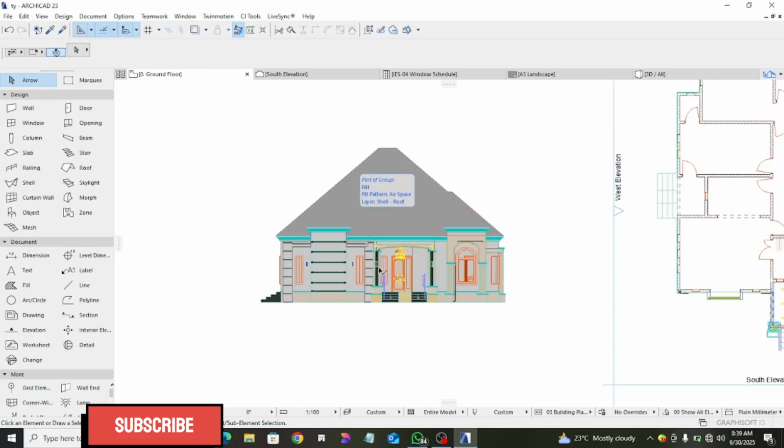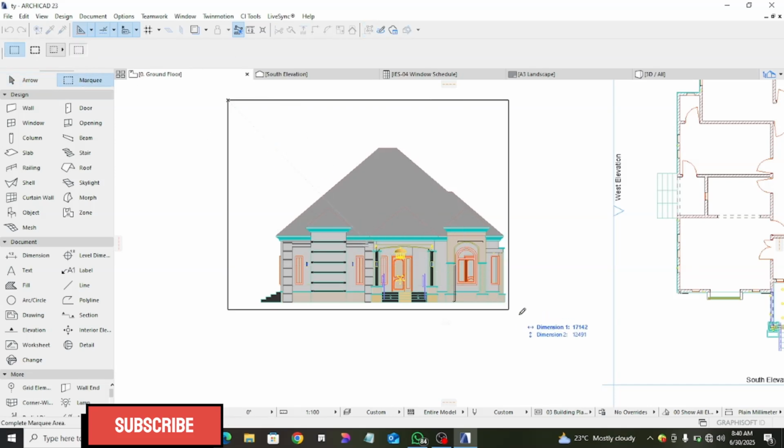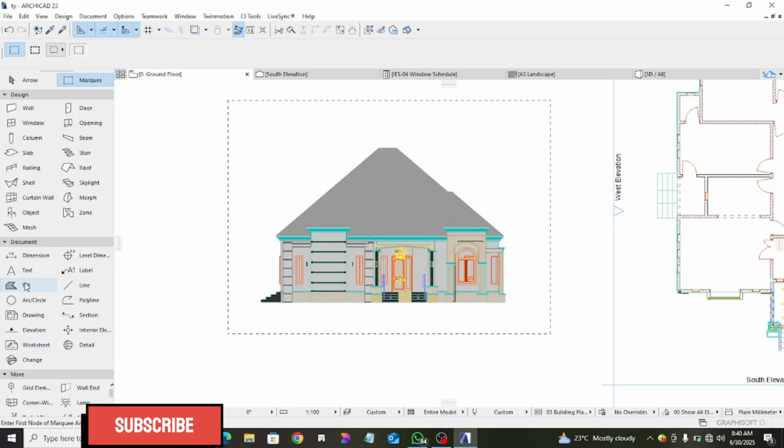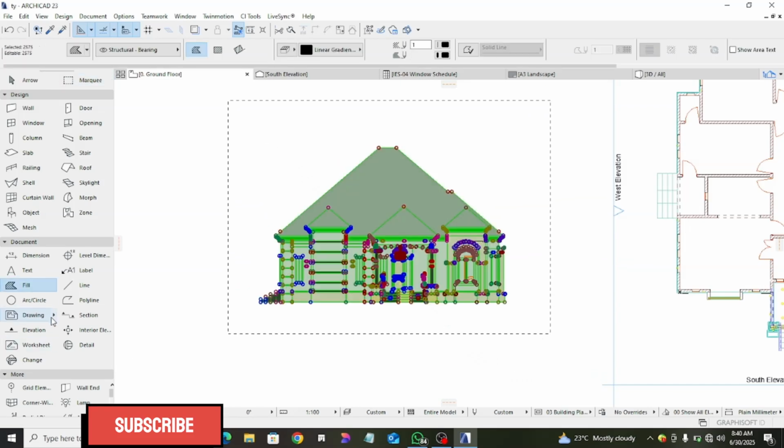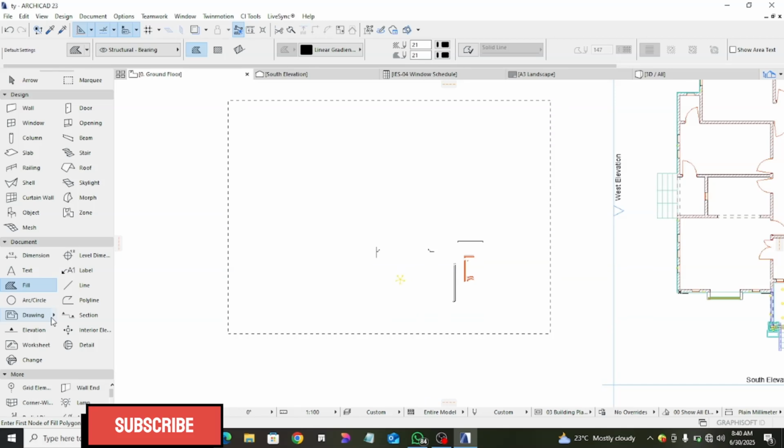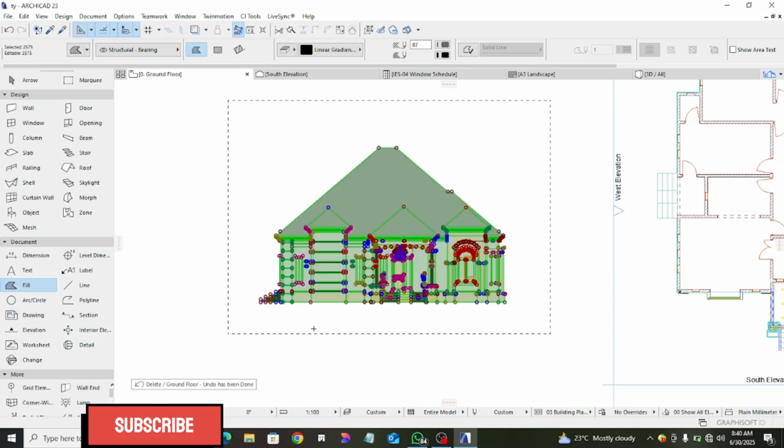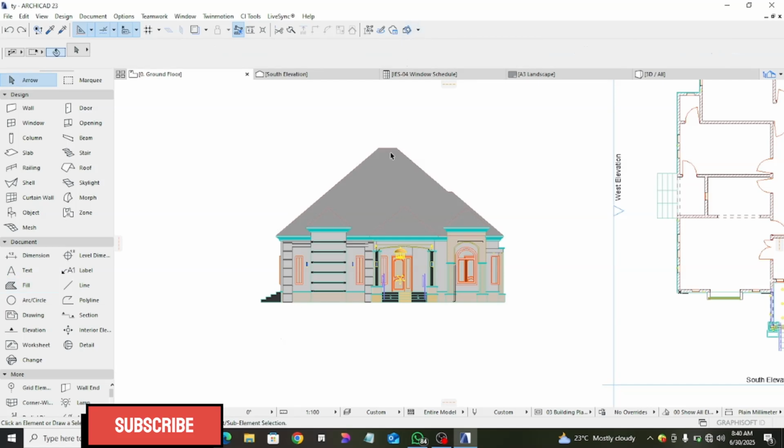So we have to delete the fill. This is what you have to do. You ungroup this. Okay, let's ungroup it. So I'll show what I mean. Let's mark this, click on fill, Ctrl A, and delete. Have you seen that our entire drawing has been deleted? So let's go back. Ctrl Z, undo. So before you do that, you have to